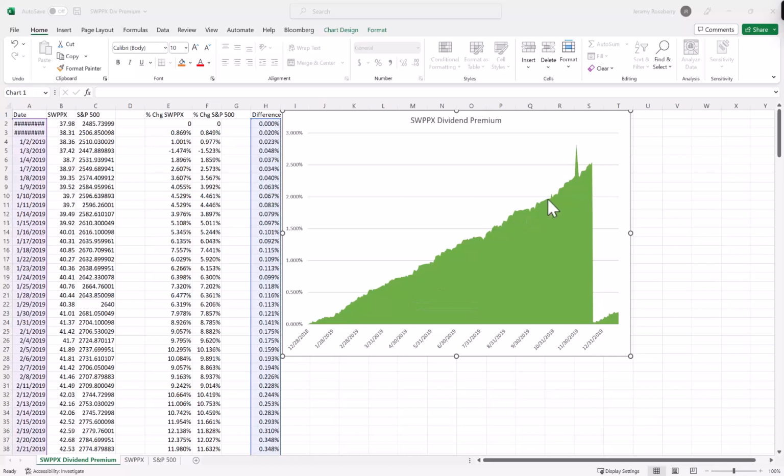If you own this fund and you've owned it for 61 days, let's pretend that you bought it right here and you're thinking about selling it right here. Okay, 1031, you're thinking about selling it. If you do that in a last holder of record system, you will not be entitled to the dividend that you earned while you were in this fund for that period. You won't be paid a dividend, right? Because you have to own this security the day before the ex-dividend in order to receive the dividend.